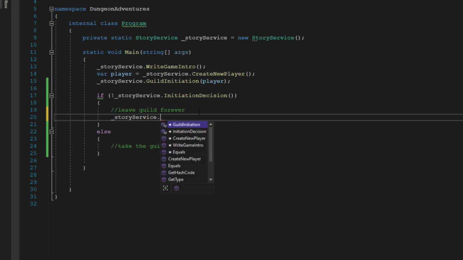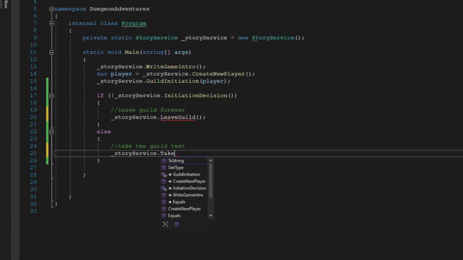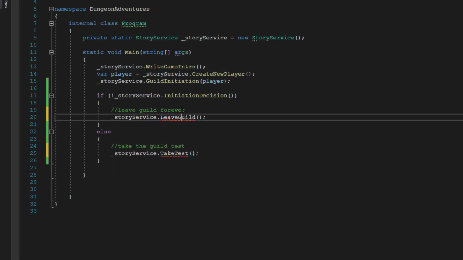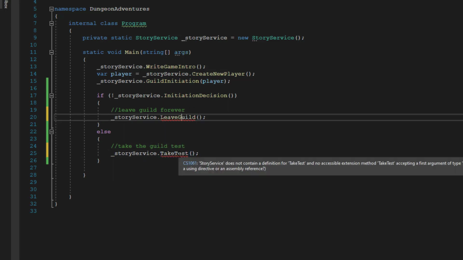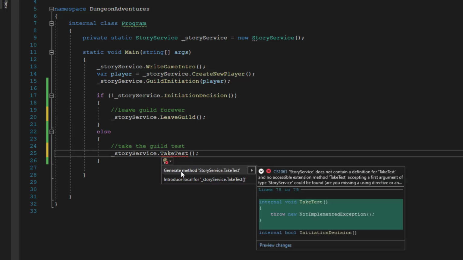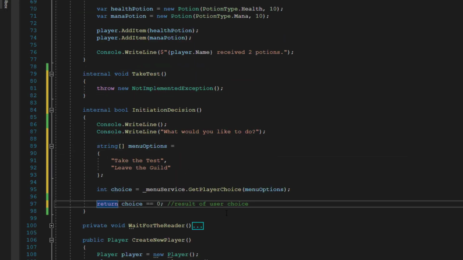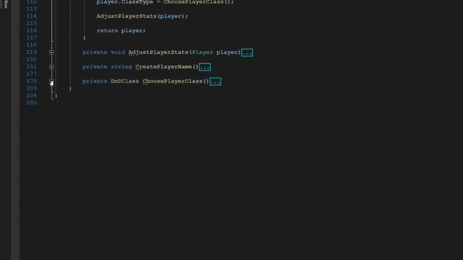Add in an if-else statement that evaluates if the user wants to take the test. If they don't want to, let's have them leave the guild forever and end the game. But if they do want to take the test, let's have them take the test. Now you can add your own story printouts to the code in these methods, so I won't waste your time